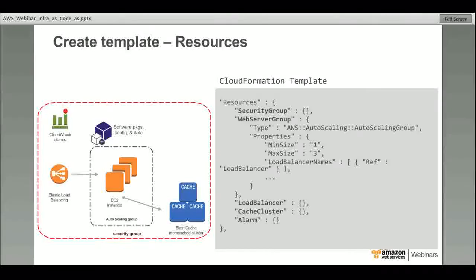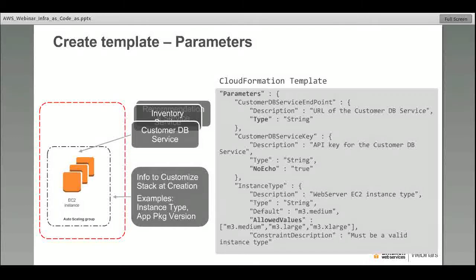So, diving deeper into the anatomy of these templates. To get the information in from outside and dynamically change the nature of the stack that you're provisioning, there is the concept of parameters, the template parameters that you can pass in. So for example, if I'm using the same template in development and in production, in development, I might want to use a cheaper instance, and in production, I might want to use a bigger instance type. So in that case, I don't want to hard code the instance type in my template. I can pass that in as a parameter.